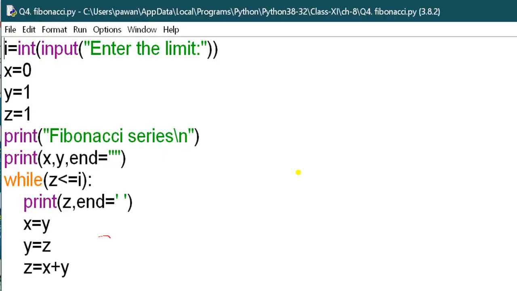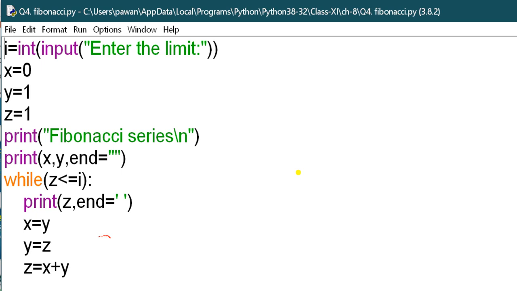This is your program. Here i is equal to input, enter a limit. So what is the limit? Now x value will become 0, y value will become 1, and z value will become 1. It has entered 3 values, that is 0, 1, 1. Now print Fibonacci series. How will you get the fourth value? By adding y plus z.